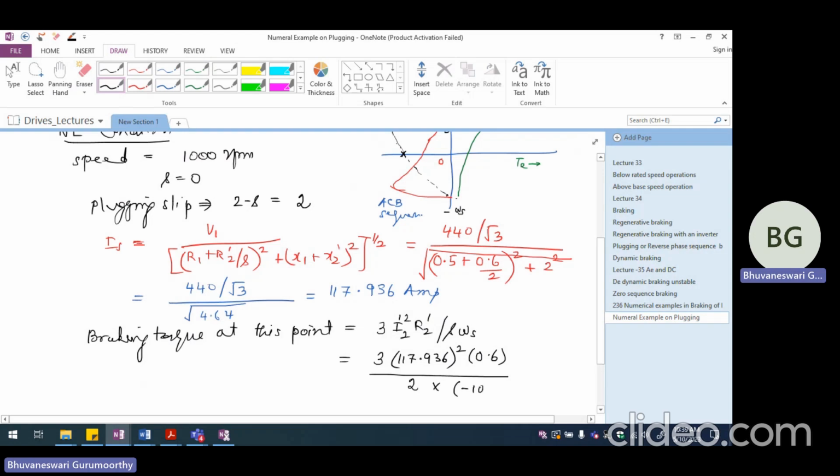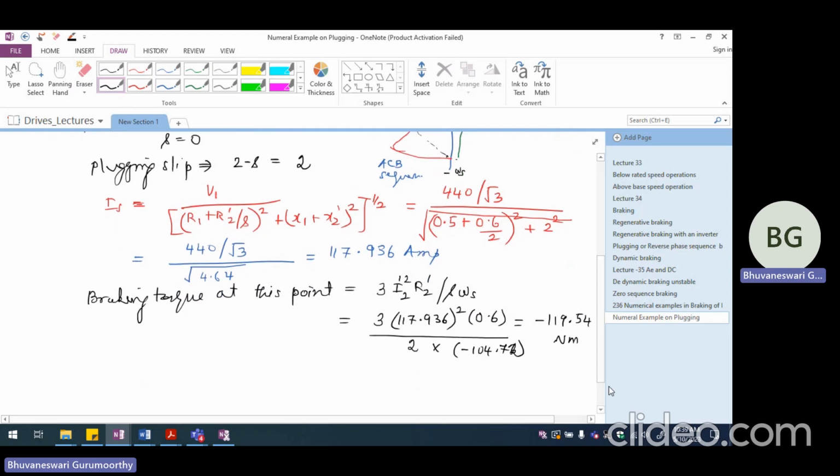So this will be minus 104.72, so this is going to be equal to minus 119.54 Newton meter. So this is going to be the braking torque when the plugging operation just begins under no